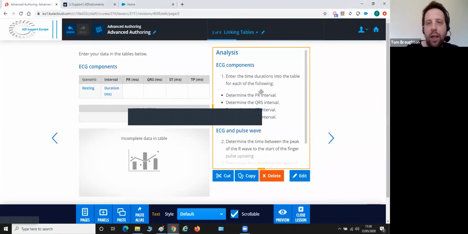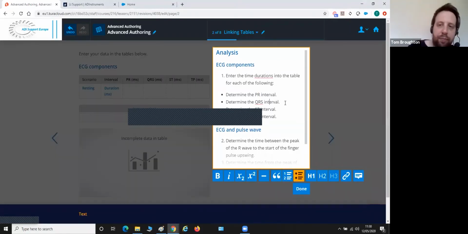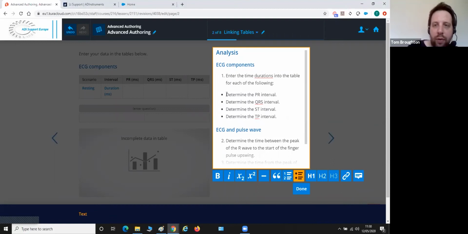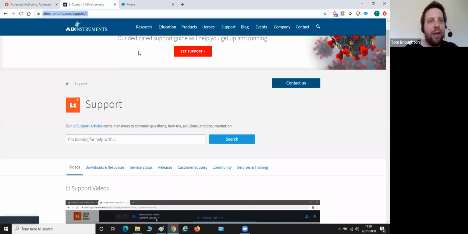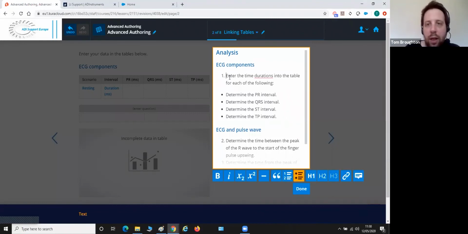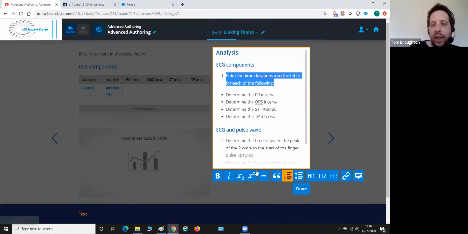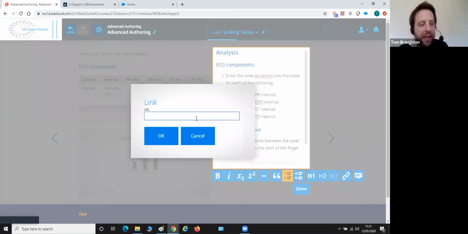So what I can do is go to my text box, go to edit mode and highlight a word or a phrase that I want to be my hyperlink out to an external website. And I need to grab the URL of the web page that I want to link to. And then when I highlight a phrase in the word processing toolbar at the bottom of my text box that appears when I'm editing my text box, I can click the link icon here, and this will allow me to paste in a URL